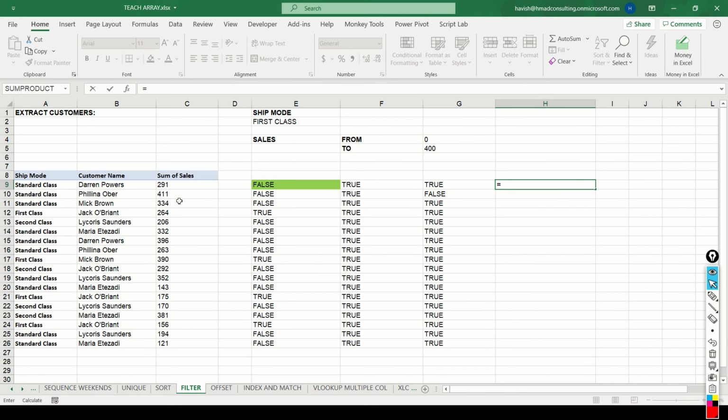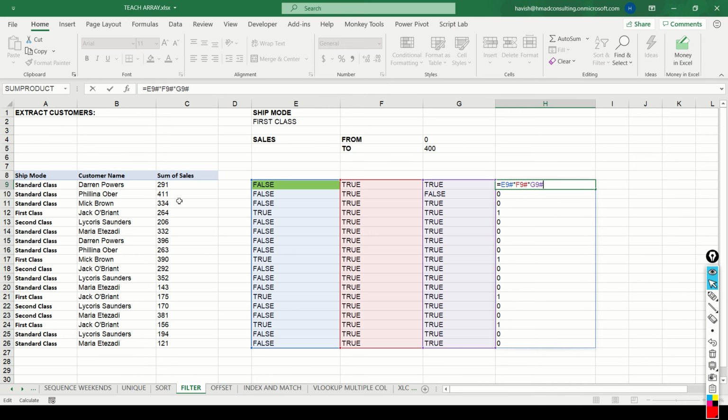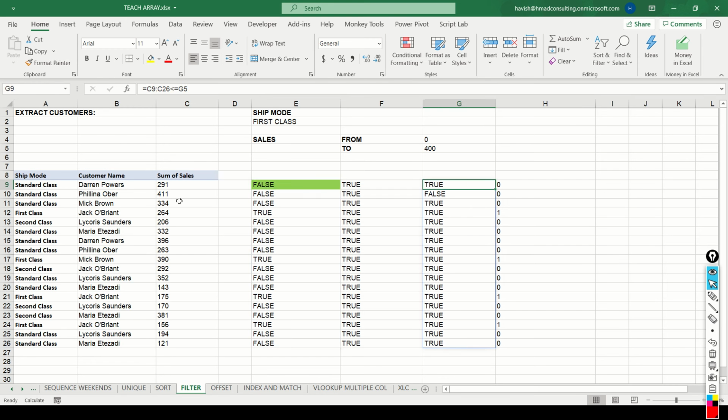Now, if I multiply the first one with the second one with the third one, we will get a series of zeros and ones. Now, you might wonder why we did not have to do a unary operator, but that's just the way it works because this time you're multiplying three corresponding columns, not adding up all the true and false in a single column.